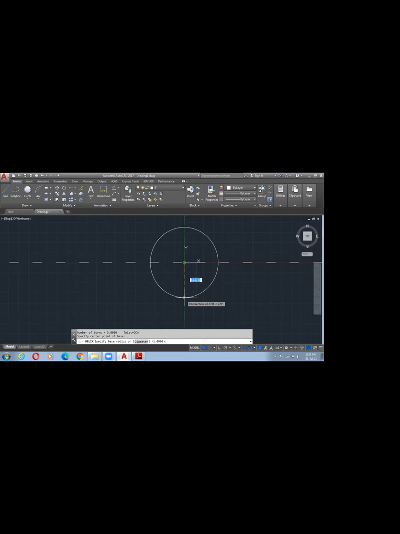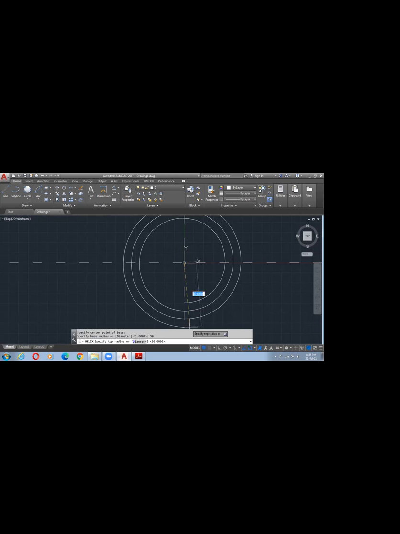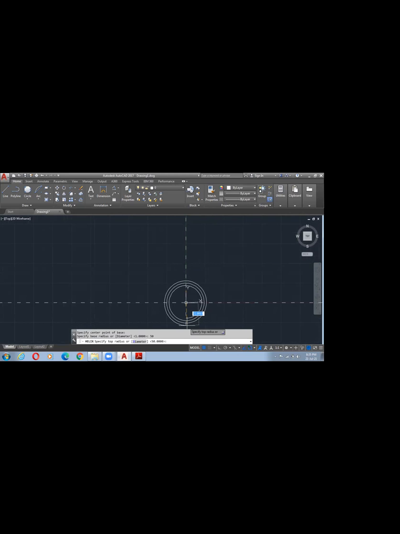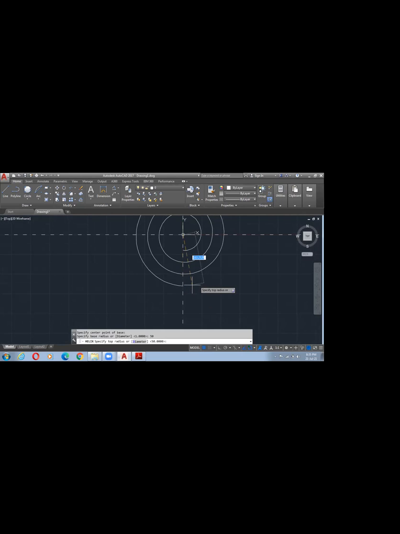If you need 50, enter. From this center to here, it is 50. And then the final diameter, how much we need. Final radius, if you need 100, enter. Got it? And again enter to leave the tool like this.